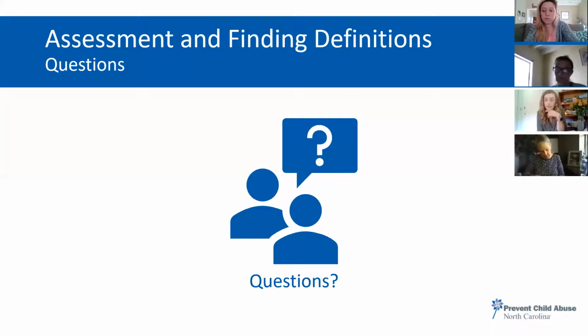Sure. So when it comes to investigative assessments and family assessments, would one specific situation have both of those assessments, or just one? So like if there's a family or someone that is reported, do they get an investigative assessment and a family assessment, or just one or the other? So it's my understanding, Nadia, that it's one or the other.